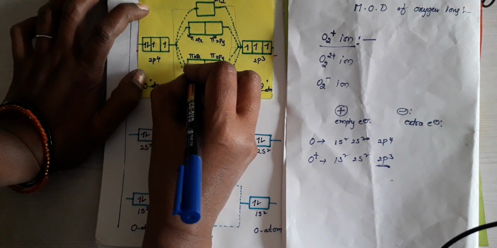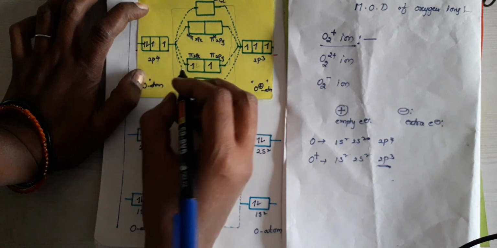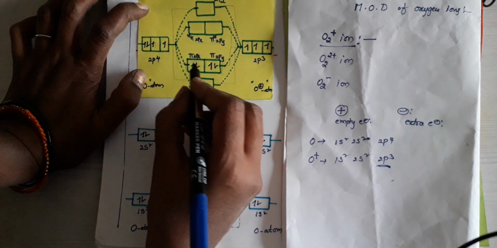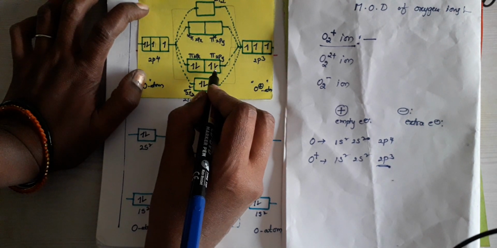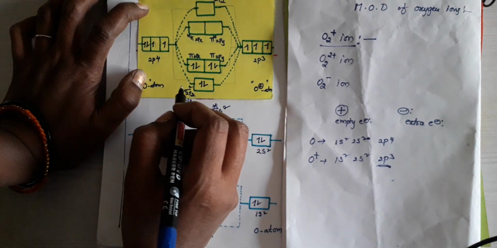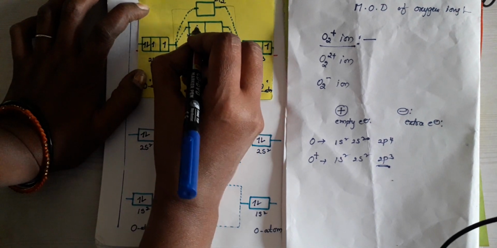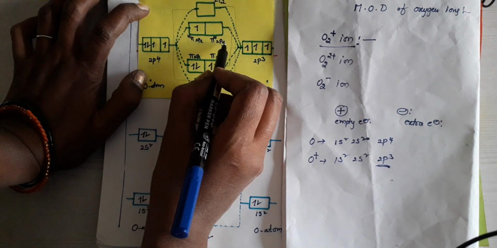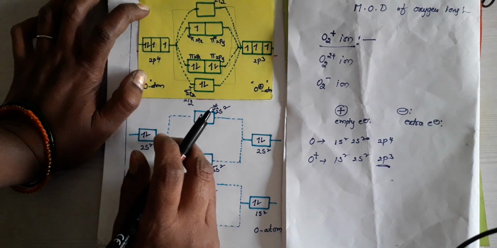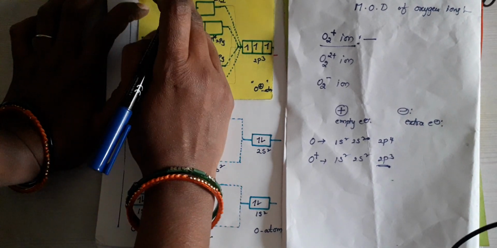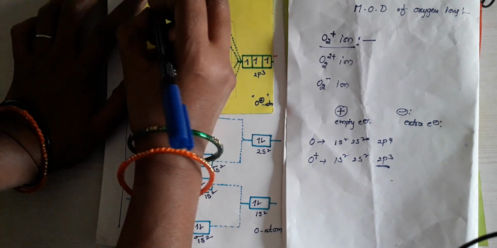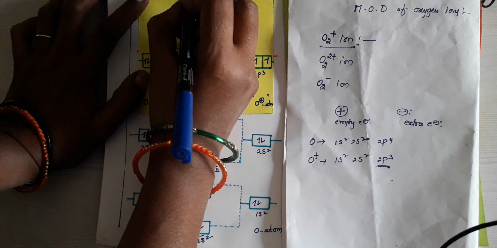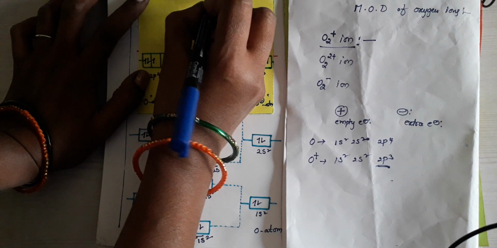Here also electrons fill like this, with equal energy, 1 1 filled. Next pairing. Here 2, 2 plus 2 is 4, 4 plus 2 is 6, so 6 electrons filling is over. Next, the 1 remaining electron may move to this side. Either you may fill it in pi star 2px or pi star 2py, since these two have an equal amount of energy. This is for O2 plus ion, the molecular orbital diagram of O2 plus ion.